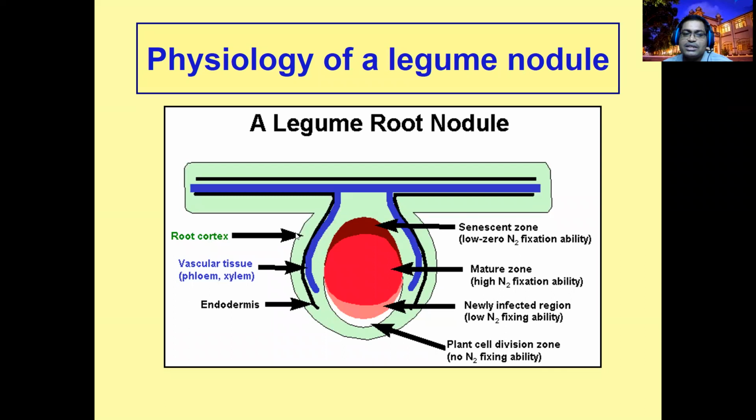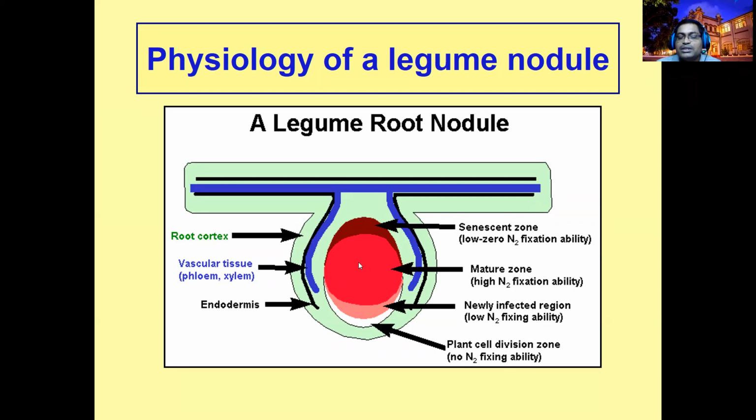In the nodule, this is the outer cortex. This is the vascular tissue of the plant. This is the endodermis. And here, this is the bacteroid, and this is the hemoglobin, which gives the reddish color. Mature zone, high nitrogen fixation ability here. This is low nitrogen fixation ability. This also has low to zero nitrogen fixation ability, because in these areas you can find a high amount of